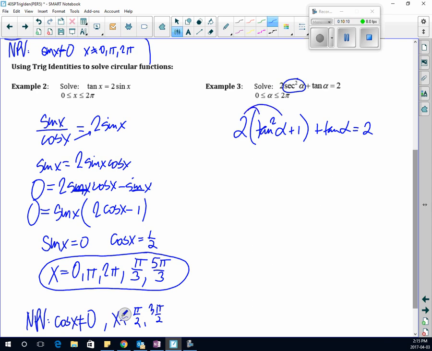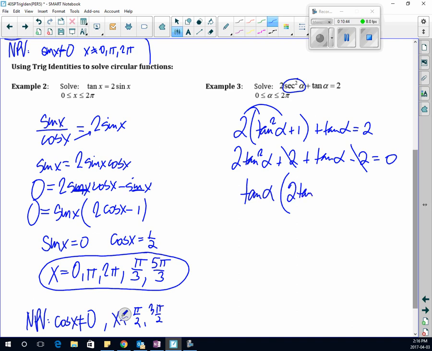You need to multiply this in, yeah. So 2 tan squared alpha plus 2 plus tan alpha. I'm going to put minus 2 equals 0 because eventually I'm going to have to move that 2 over anyways. And at that point, what can I do? I can actually cancel these 2's, the plus 2 minus 2. And yes, we can factor. What can we factor out now? A tan alpha, yeah. If I take a tan alpha out of the 2 remaining terms, what am I left with? Plus 1 and then equals 0, which means tan alpha equals